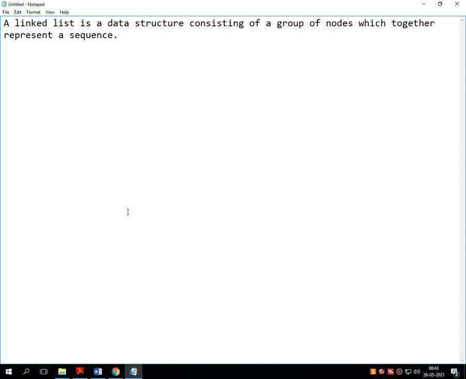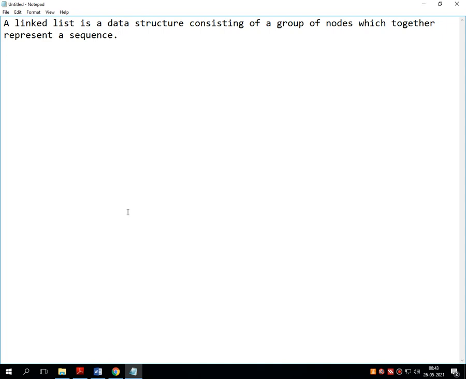Again I am repeating: a linked list is a type of data structure, obviously an elementary data structure, which consists of multiple nodes represented in one sequence. That is called a linked list.